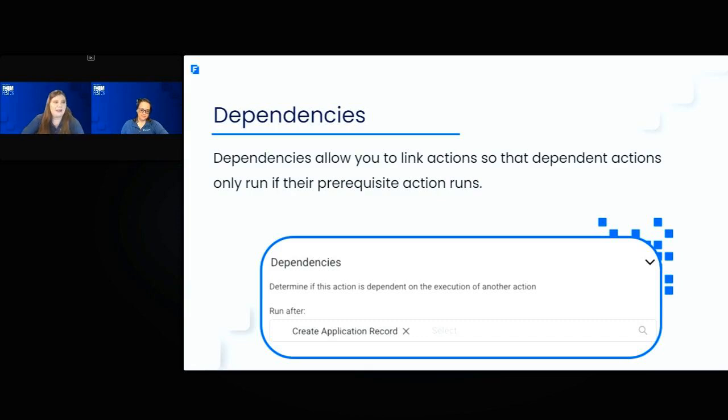So with dependencies, they allow you to define whether one action depends on another. So if a first action doesn't run or gets skipped because of preconditions or something, the dependent action won't run either. And this allows you to ensure that your workflow actions only run when the actions they rely on have also run. So I'm going to go ahead and jump back into my screen share so that we can